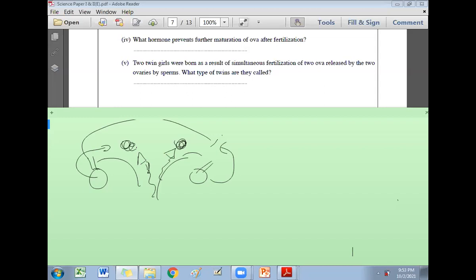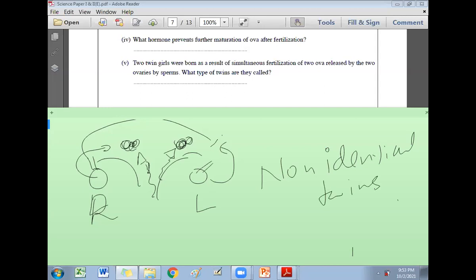Then you get 2 zygotes. So what is the result? Non-identical twins. If 2 or more eggs are released, there are millions of sperms, plenty of sperms. So mostly, what happens? Only one egg, or one ovum. But sometimes, what happens? One from the left ovary and one from the right ovary. From the right ovary 1, and from the left side 1. So then 2 separate eggs are fertilized by 2 sperms. They become non-identical twins. Non-identical twins.